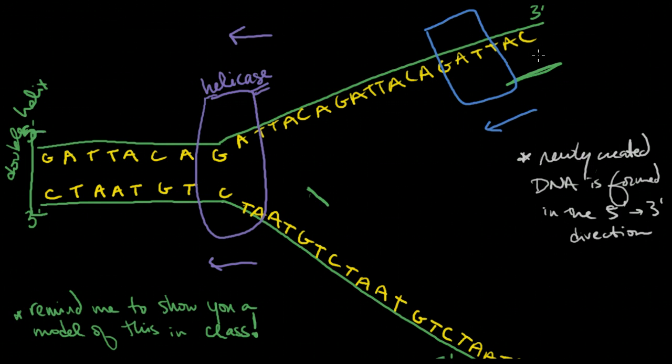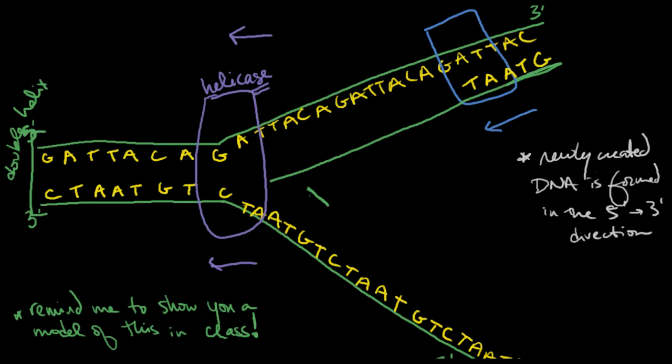So we know C bonds to G, A to T, T to A, and so on, all the way down the line. So that will continue all the way down here, and as the helicase continues to move, this